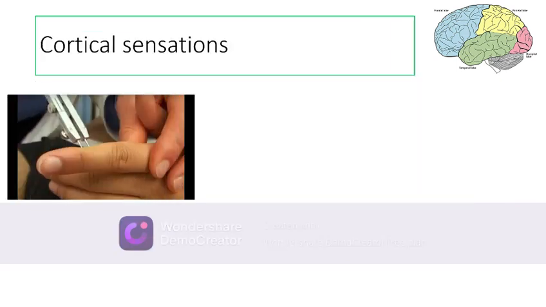Now, how to assess the cortical sensations? This test is called the 2-point discrimination. In this, the patient is asked to close his eyes and 2 points on the patient's body are touched. They are most commonly tested over the fingertips or over the lips. You can use a compass as has been shown in this diagram, or even 2 nails can be used, and they are touched separately over a particular body part of the patient, and he is asked whether he has been touched at 1 point or at 2 points.